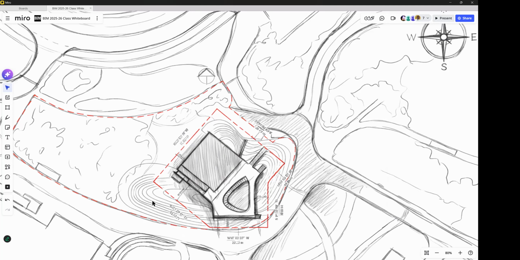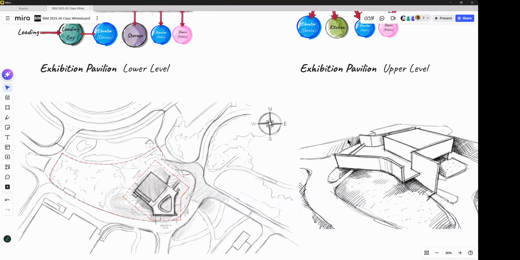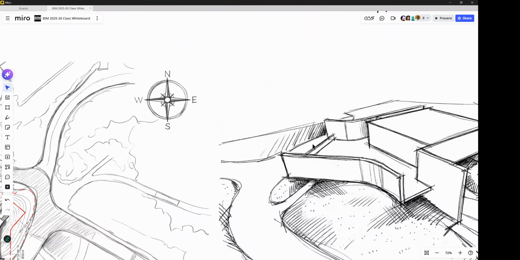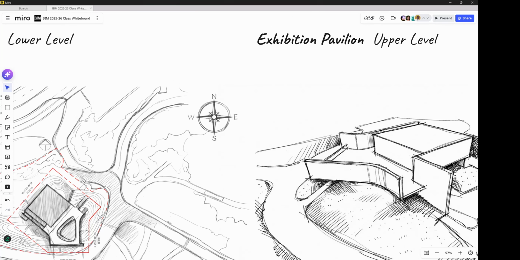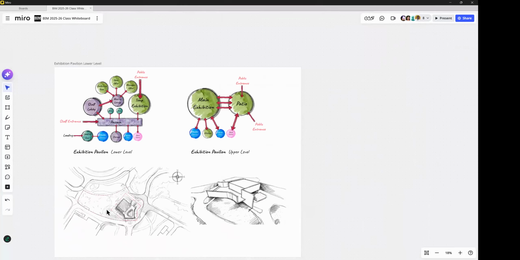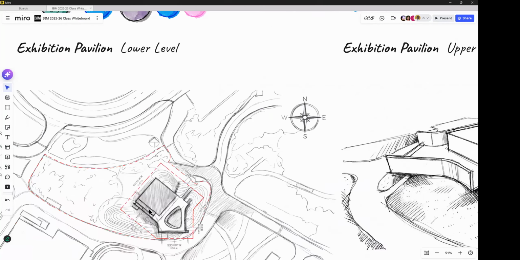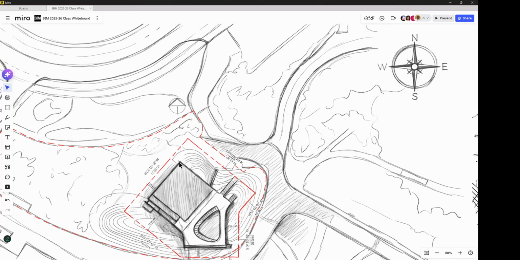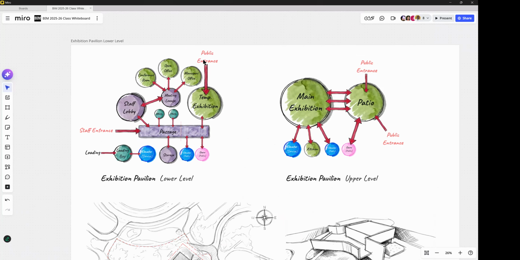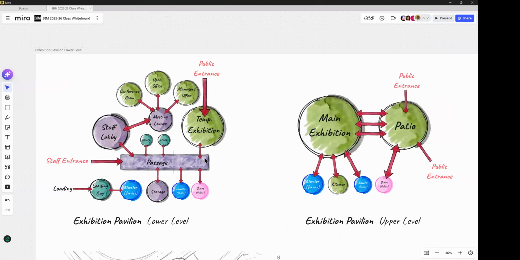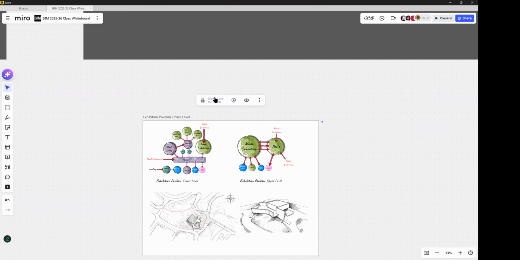Because in my sketch here, I have an outdoor pavilion area with a big box. So pretty much, I want you to give me a floor plan that would fit inside this box, but the flow of the floor plan should flow just like the bubble diagram. You following me? You understand? So it should fit in your site plan, basically.